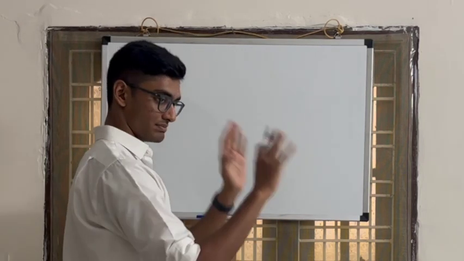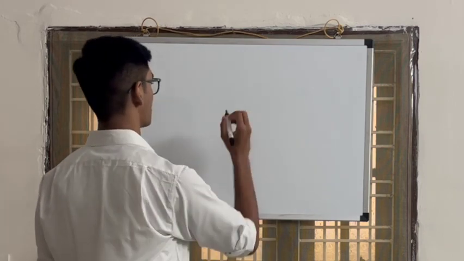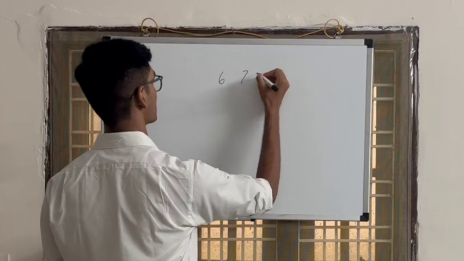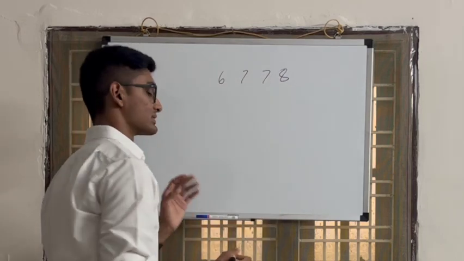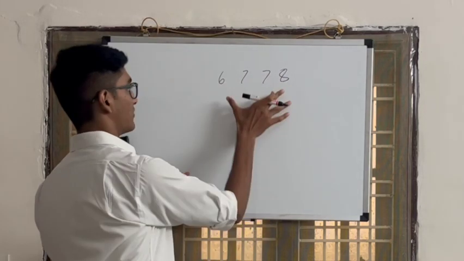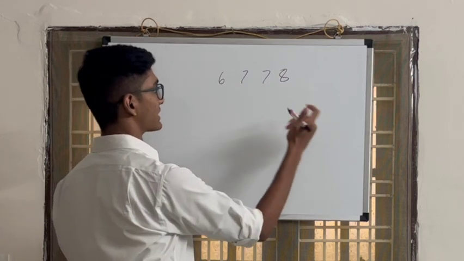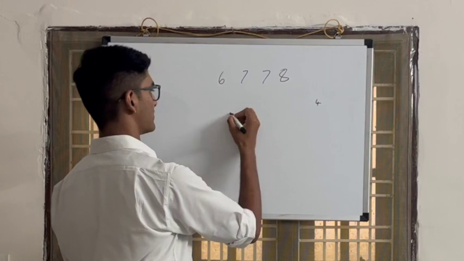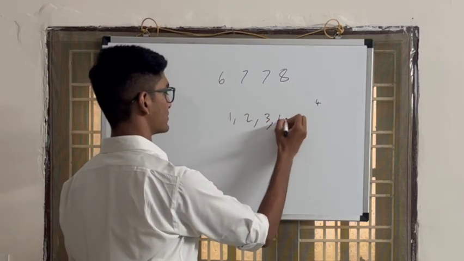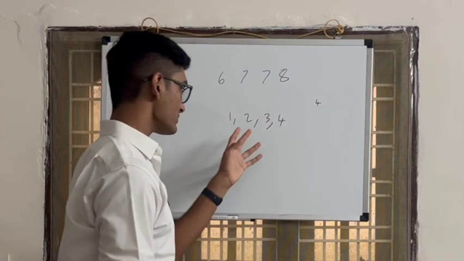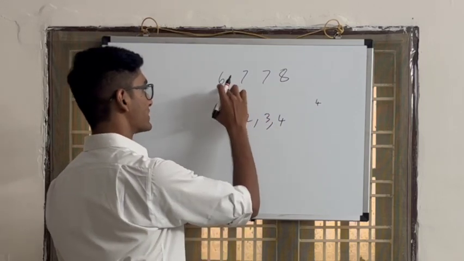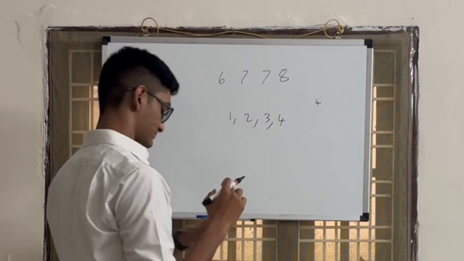Basically, if you break it down to the bare bone essentials, what they're trying to tell you is, we'll give you a series of numbers like this. Something like this. And what is the length of this? It's 4, right? You should take a permutation of length 4, which means the elements 1, 2, 3, 4, and arrange them in such a way that the difference between this number,